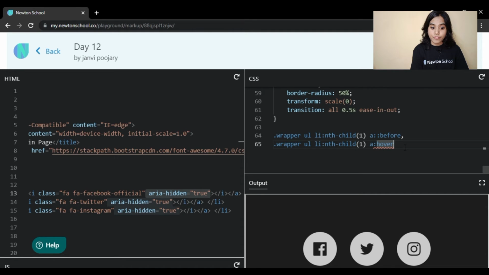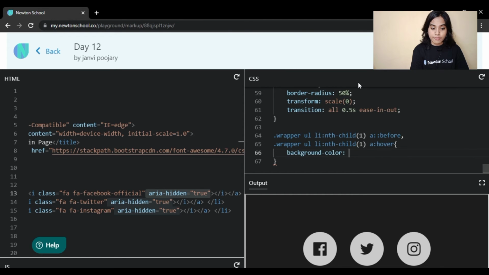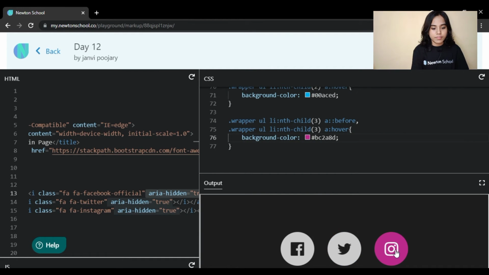So that's why we have to write this, and we will give it for the other two also, and we will change their particular colors. And also whenever somebody hovers on it, it should scale a little bit, like a bounce and go bigger.